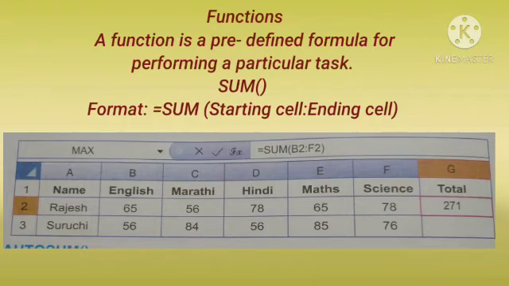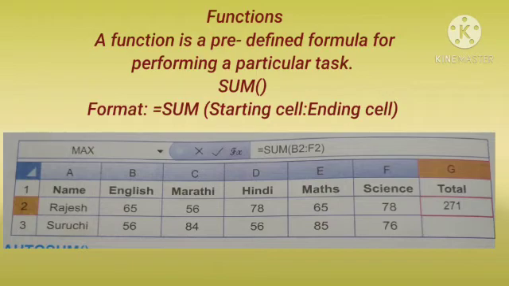First one, SUM. Format is equal to SUM, left bracket, starting cell, colon, ending cell, and close with the right bracket. Now student, this function adds all the numbers stored in the selected cells.